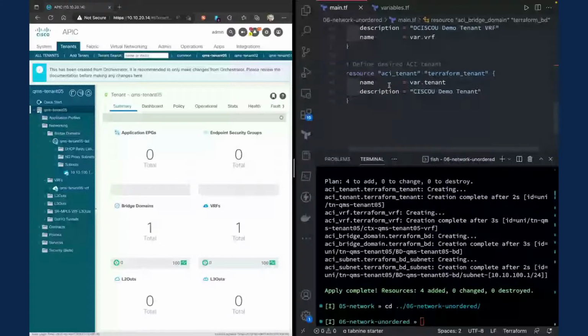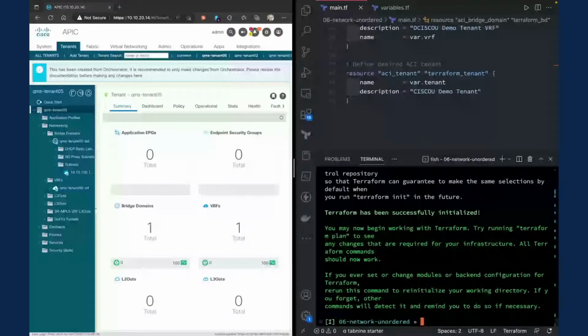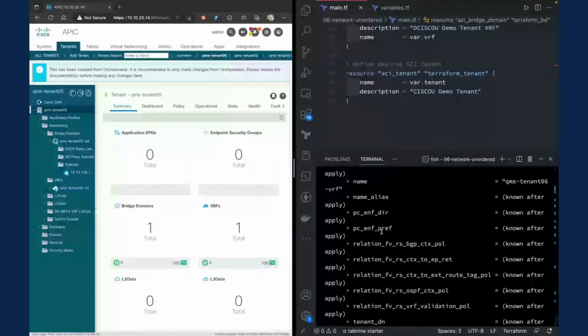In other IaC tools, this would fail. And we would have to revert or roll back in some way, maybe build it into our playbooks, figure out where it failed, how it failed, do the checks, roll it back automatically, and then we'd have to put it in the right order. Let's see what Terraform does. So we'll do a Terraform init. Download that provider. We're going to do a Terraform plan. Okay. Everything worked. Maybe it's not actually checking the infrastructure. Maybe it just says, okay, we're going to create all these things, but it doesn't know how to do it in the right order. Let's do a Terraform